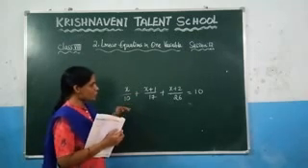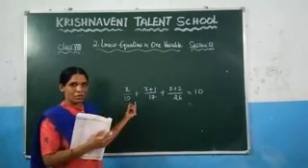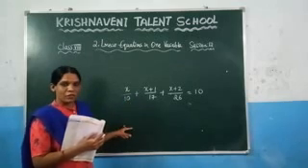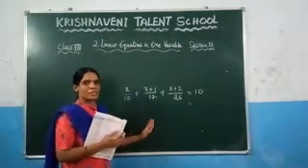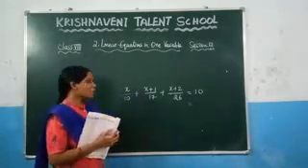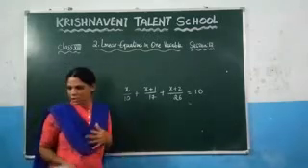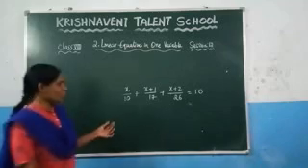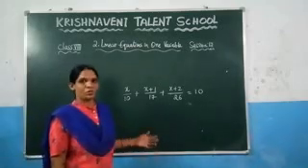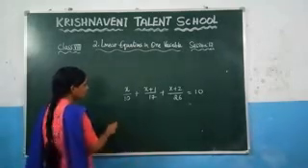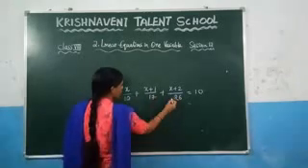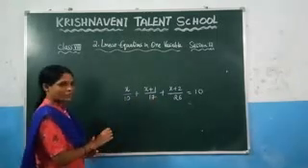Based on this equation, you need to find the value of x. And if you get the value of x, you can find the next consecutive number by adding 1. Now you need to find the value of x here. I will solve this one, showing how to find the LCM, and after that you can do this one as homework. Now what we need to do is take the LCM of 10, 17 and 26.